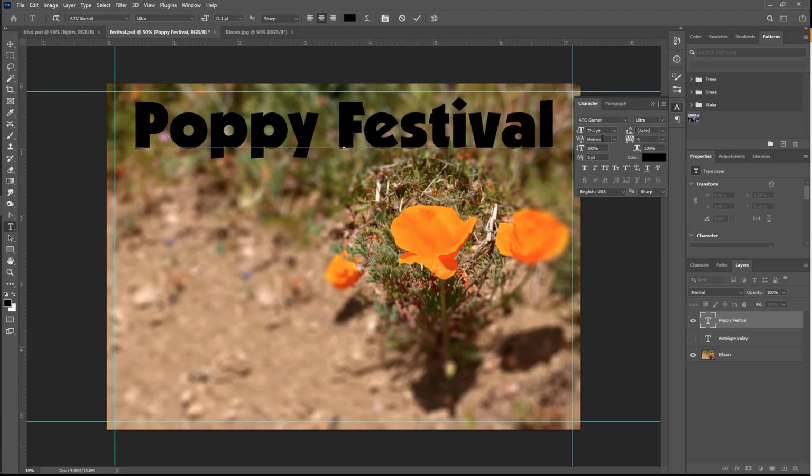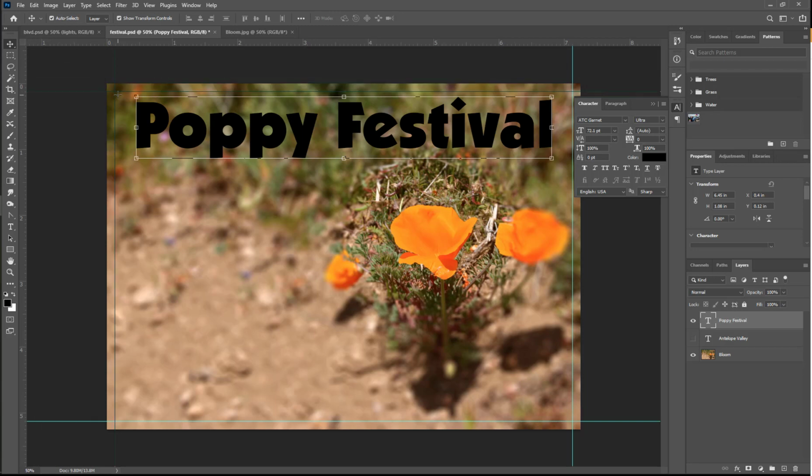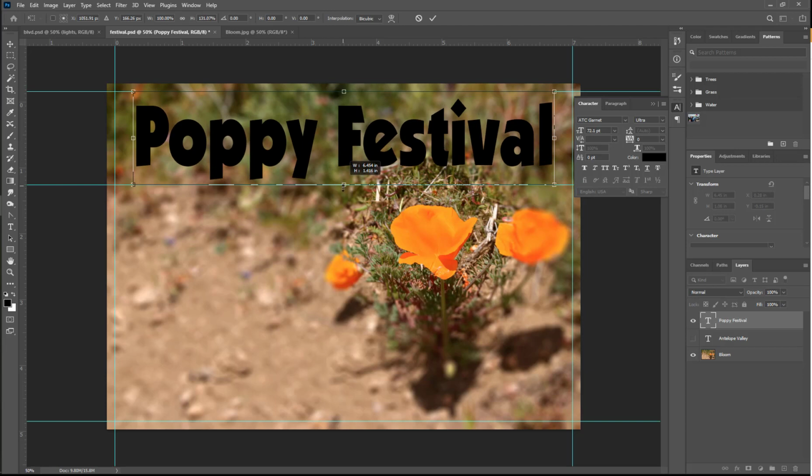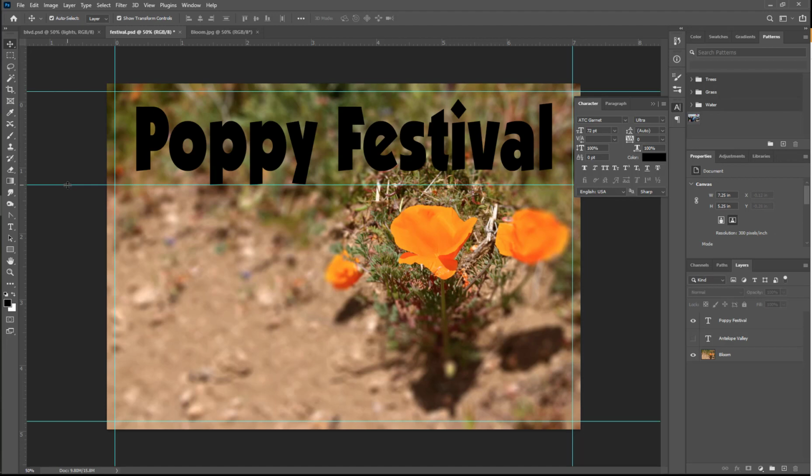The only one I see that I don't like is Poppy. And I may not have had quite the 1.5 inches. So let me go to my move tool. I'm going to change there and look and see, and I think I can make my type 1.25 inches. Oh yes, I needed to make my type a bit taller. There, that's better. And then I can delete or drag off that extra line that I put in